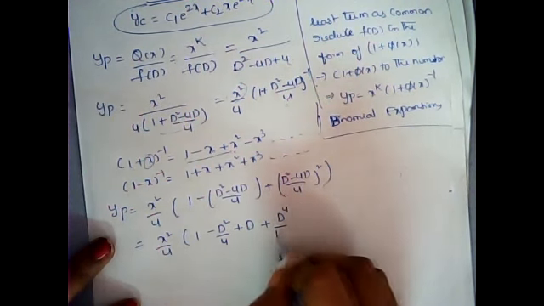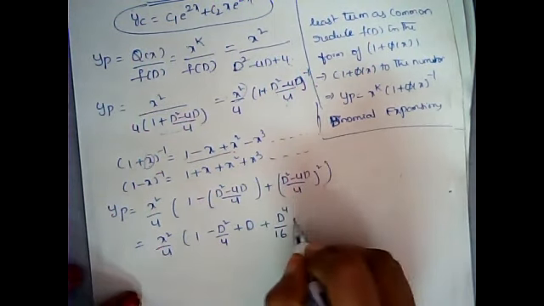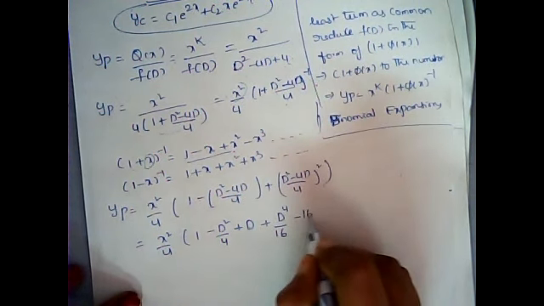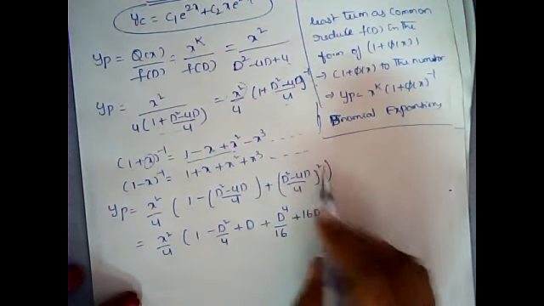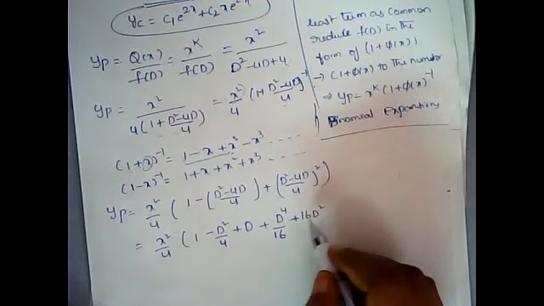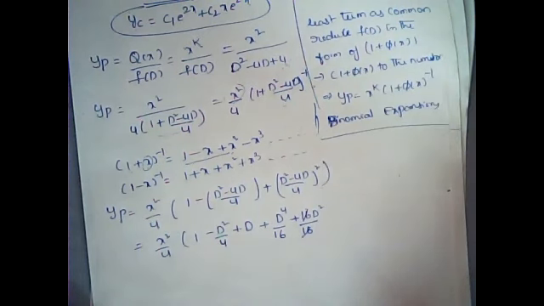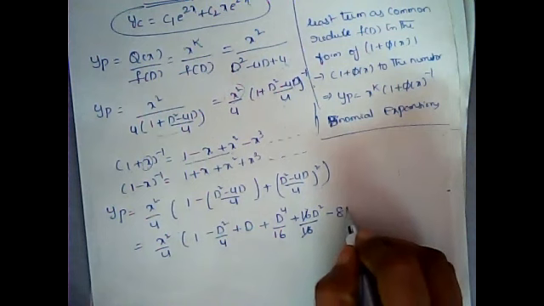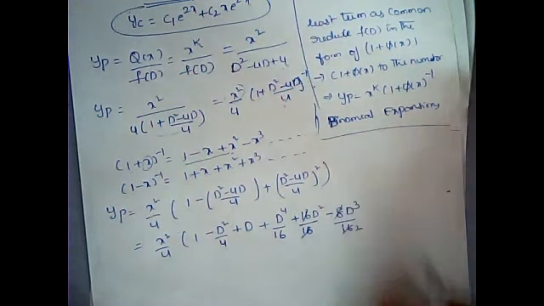by 4 square will be 16 here. So d power 4 by 16, and here minus 4d square means 16d square, so it is plus actually. So a square minus b square means, so a square plus b square minus 2ab, right? So 16d square by 16 here. So 16 will get cancelled, and minus, so which is 8d cube by 16. So 8 2s are, right?